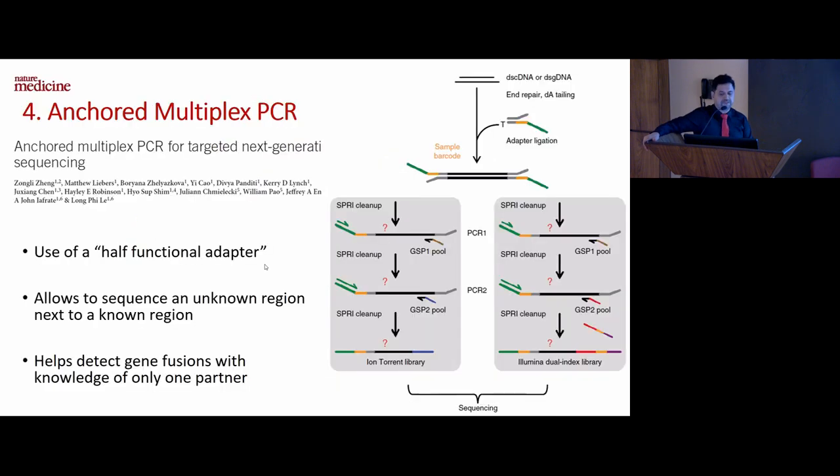Fourth is anchored multiplex PCR. So this is also a way of doing sequencing. Now this paper came from John Iafrate's lab in Harvard. All right. So this came in 2014. What you do is take dsDNA